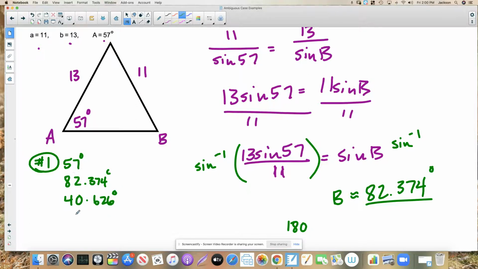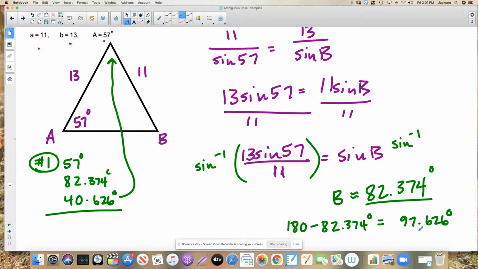All of these angles would add up to 180. So this is our 40 degree angle up here. So after we validate that answer, we find the supplement here, which ends up being